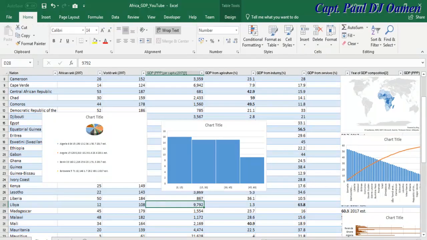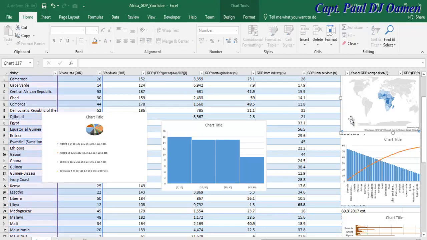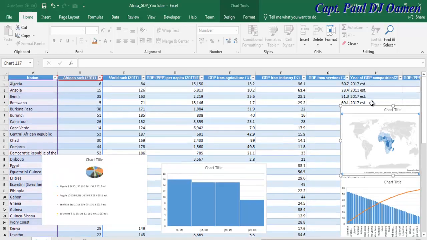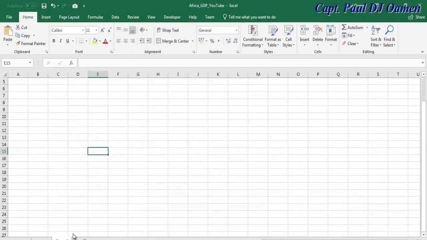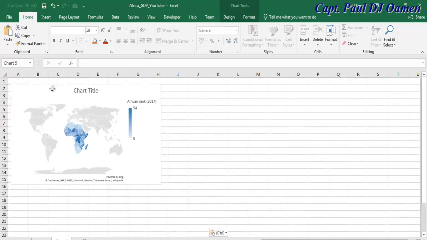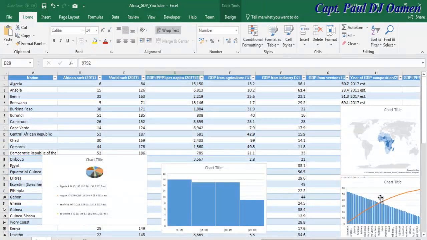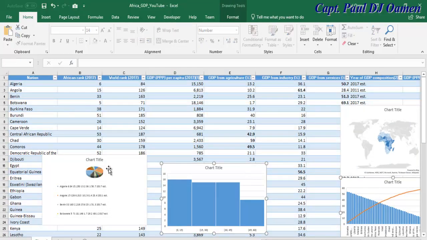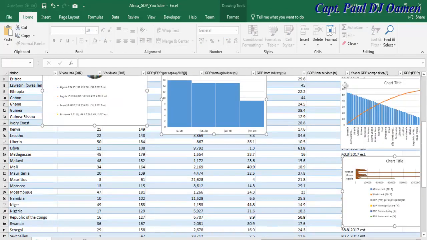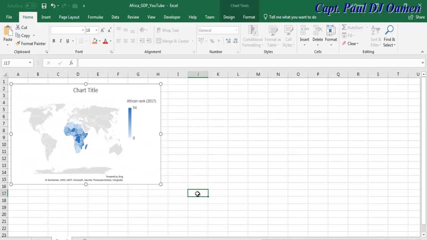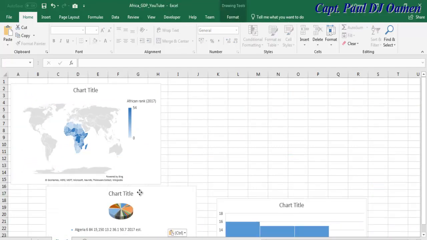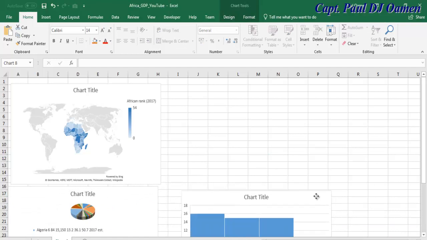Alright, now I have all my charts in place. So what I'm going to do now is copy them individually. Copy this very one, Control C, and let's paste it on my sheet number 2. There we go. And the next one, let's go back, copy these other ones. Can we select it all? Yes, we can. And just copy and paste. Copy, paste them all here. Right, so I'll now use all of these to develop my